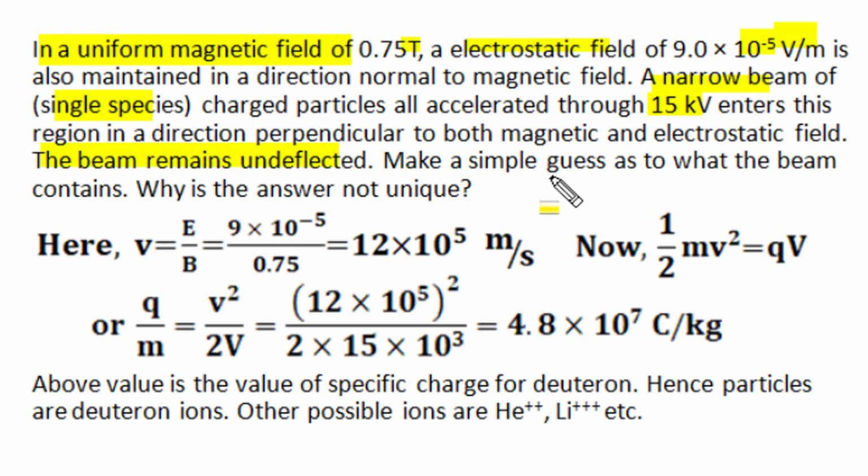We have to make a guess what type of particle the beam contains, and we also have to answer why this answer is not unique. So we know it's a case of velocity selector, and when electric field, magnetic field and initial velocity of particle, all three are mutually perpendicular, and the two forces of electric field and magnetic field are equal and opposite, then the particle velocity is given as the ratio of electric field intensity to magnetic field flux density, and electric field intensity is 9 into 10 to the power minus 5 volt per meter in the velocity selector, and magnetic field flux density is 0.75 Tesla, and the ratio gives us velocity equal to 12 into 10 to the power 5